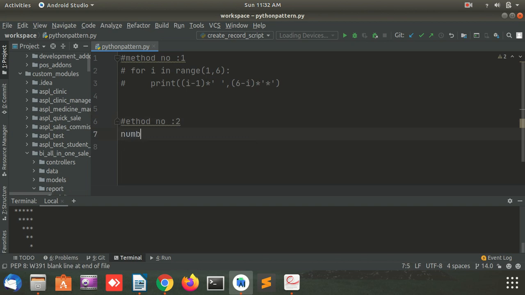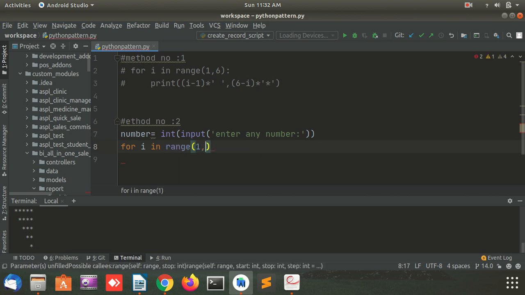So I have assigned a number variable. So number is equal to int input, enter any number, and for i in range 1 to number plus 1,